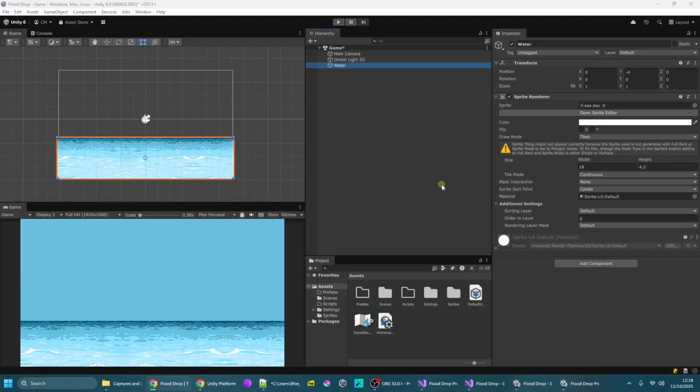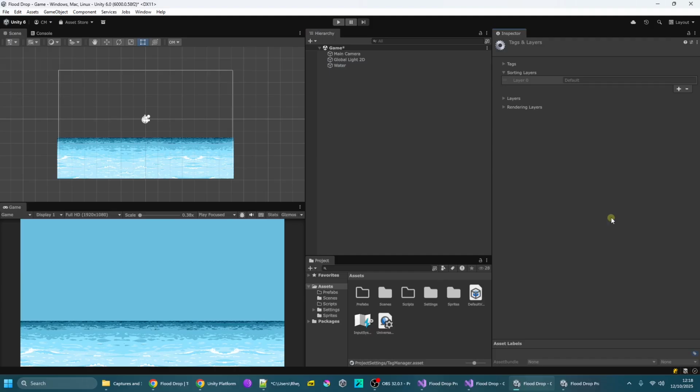Another thing I'm going to do here is set up the sorting layers for the sprites. By default, all of the sorting layers appear on the same layer called default, and I'm just going to add a few of them in now. So I want a few here, so I'm going to have one for clouds. I probably don't need all of these, but because it's such a simple game, it's quite easy just to set them up. Houses. Now you might think it's a bit of a weird ordering, but what we want is the